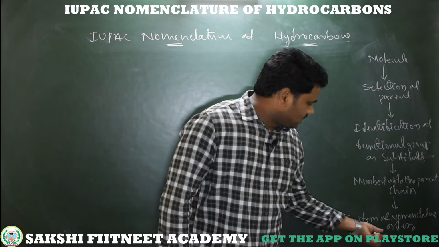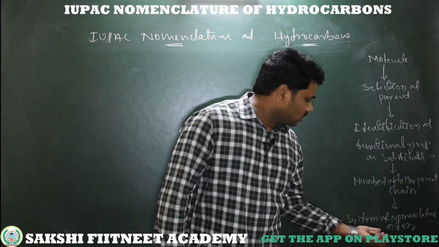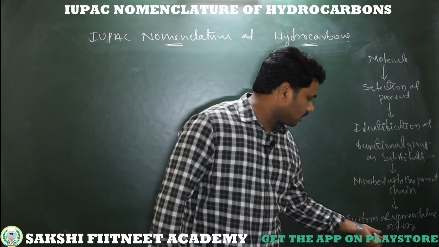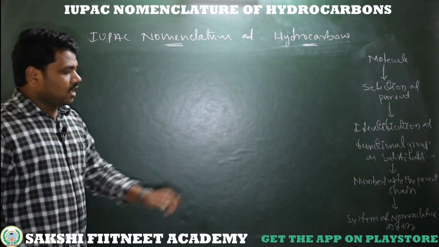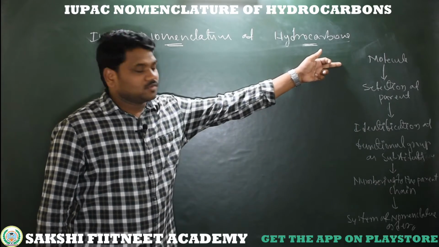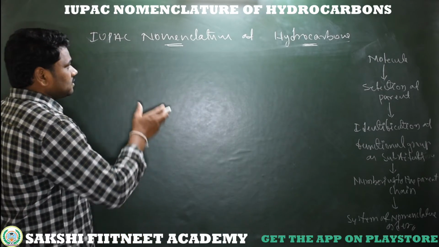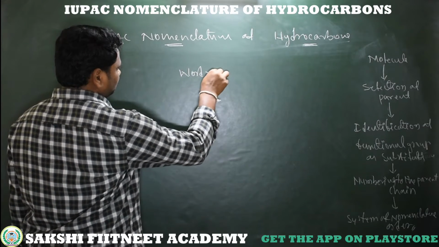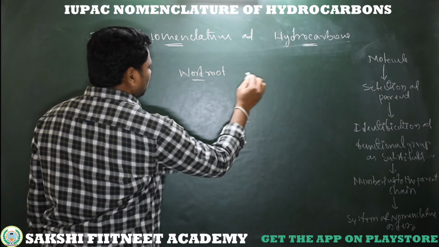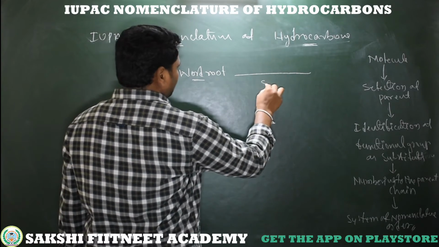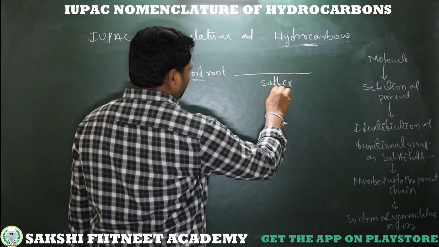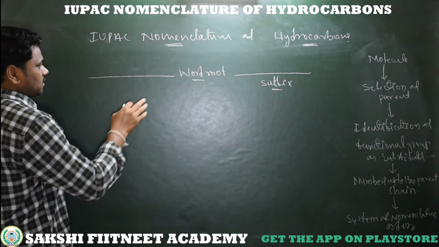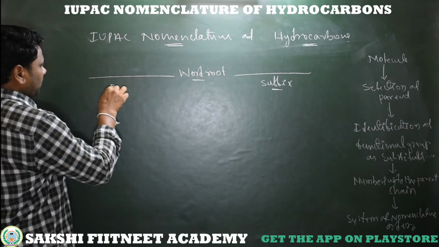Here we have prefixes, word root, suffixes. Those are called elements. So how to use those elements while writing a name? There we have one order. Based on that order, you just write the IUPAC name for the molecule. So what is the order actually? Here the name is described with 3 words. That is word root. After the word root, whatever the information is there, that we are describing by using suffix elements. Before the word root, whatever the information is there, that we are describing using prefixes.